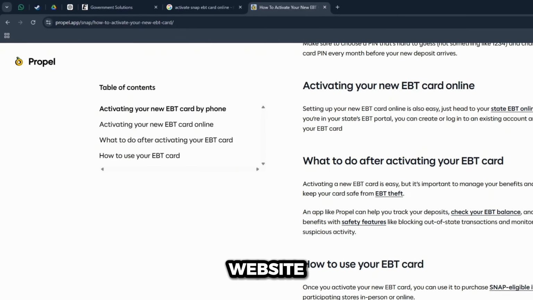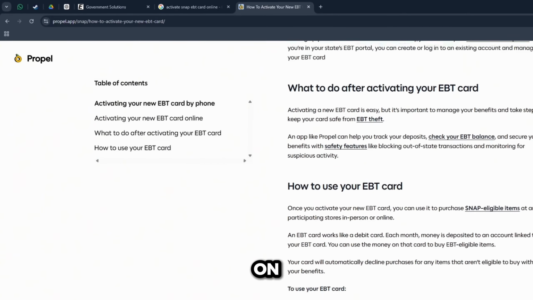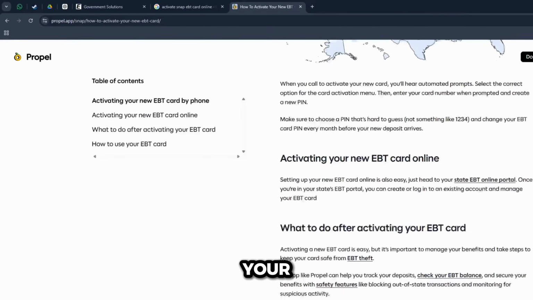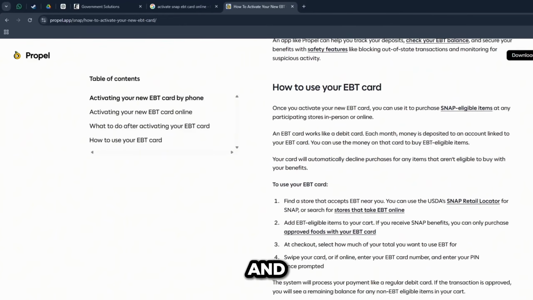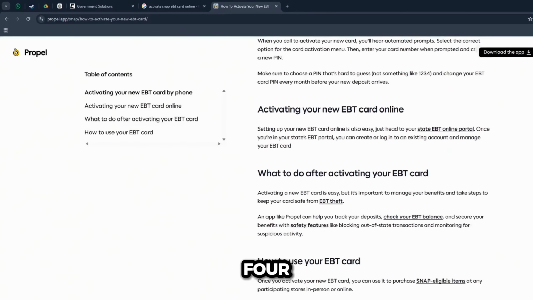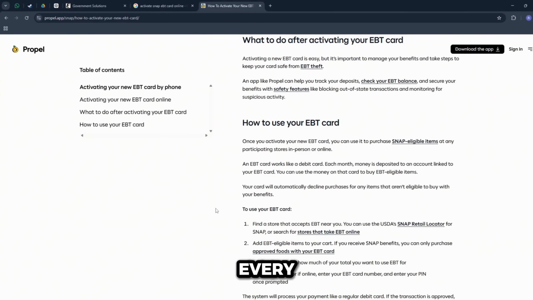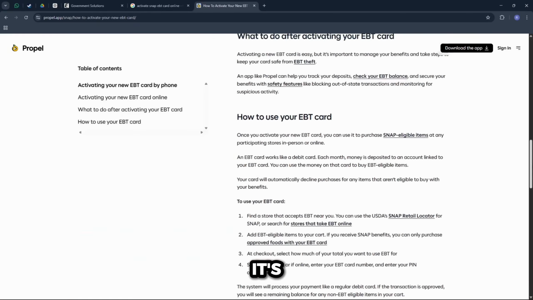Once you're on the correct website, look for an option like Activate Card or Cardholder Login and click on it. You'll then be asked to enter your EBT card number, date of birth, and other details to verify your identity. After that, you'll either create a new 4-digit PIN or confirm your existing one. This PIN is what you will use every time you make a purchase, so make sure it's secure and easy